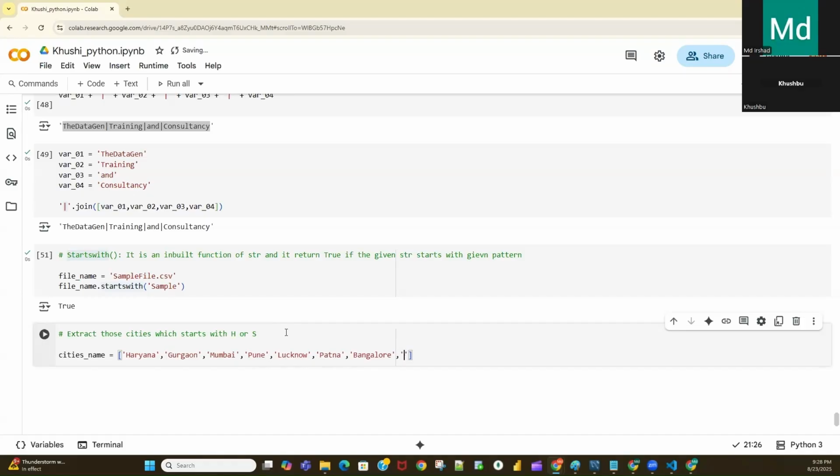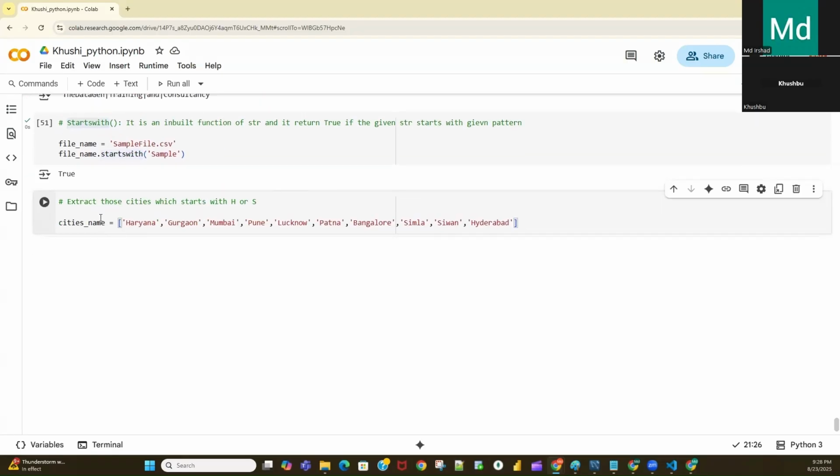Then let's say I'm writing Simla. Then in Bihar we have one city called Siwan. Then we have Hyderabad. So now your requirement is you need to fetch those cities which start with H or S. Only those cities should come.